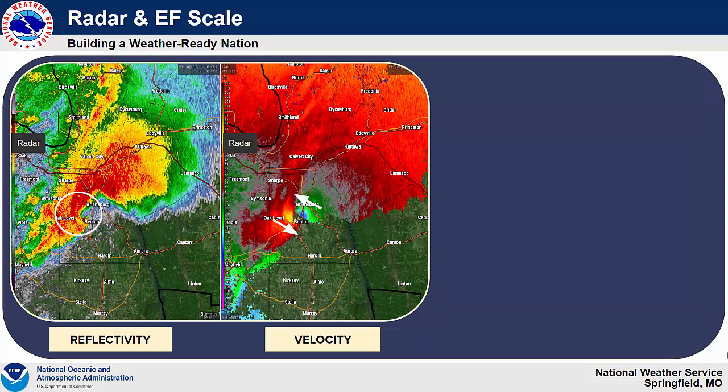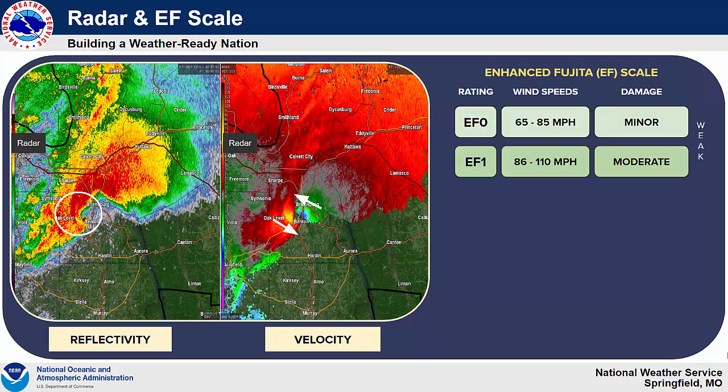this supercell. Now, we estimate the tornado's wind speeds by using the Enhanced Fujita scale, or the EF scale, which estimates the speeds based on the damage left behind by the tornado. And this scale incorporates 28 damage indicators, such as building type, structures, and trees. And then each damage indicator has 8 degrees of damage, ranging from the beginning of physical damage to complete destruction